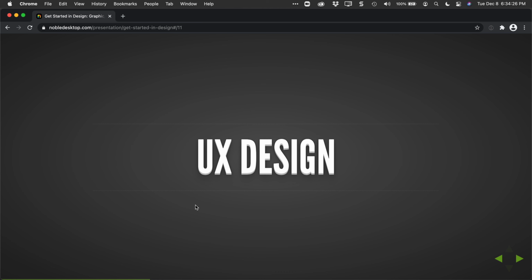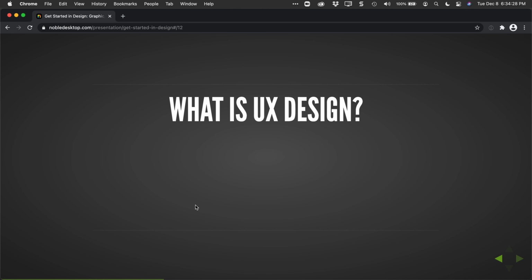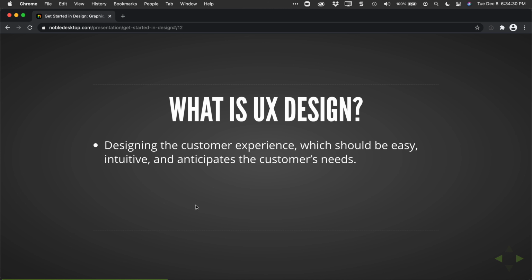With UX design, UX is user experience design. So this is a bit different. This will always have, in the end, some sort of visual that people are going to see, but that's not the goal of what the UX designer is focused on. Now, I say usually having some sort of visual to it, because most UX that we're talking about is user experience for apps, for